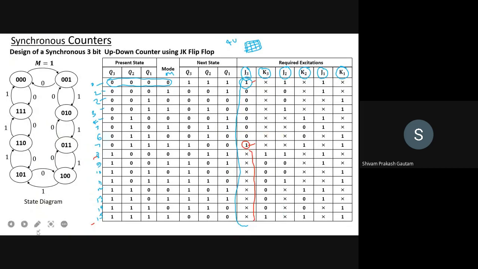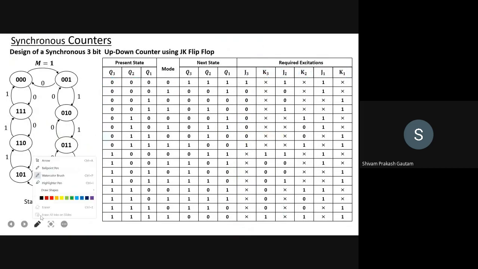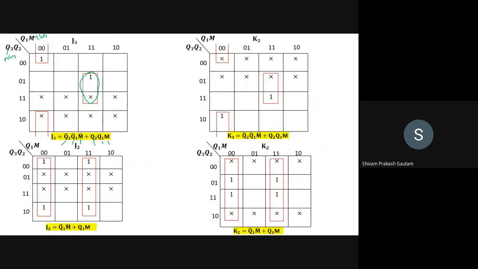Now we will see for K3. Now from 0 till 7, it is having don't care. That means the first 2 rows are don't care, and only 2 ones are there. That is the 8th number and the 15th number. 8th and 15th are 1, and the first 2 rows are don't care.